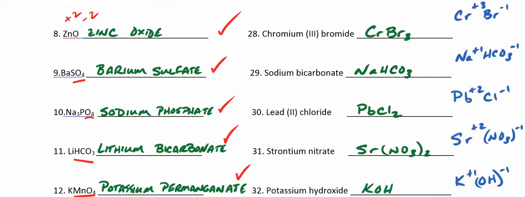Let's look at number 28, chromium 3 bromide. Chromium has a charge of +3. It says so in the name. Bromine is -1. What I'm going to do is a switch just like that. So chromium has a 1 here, but don't write it. Bromine has a 3 here. I do write it. No need for parentheses here. That's the correct answer,